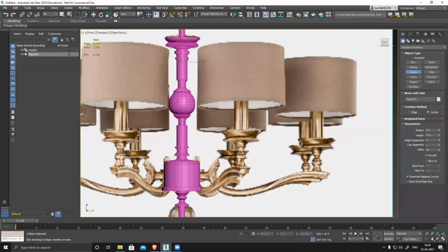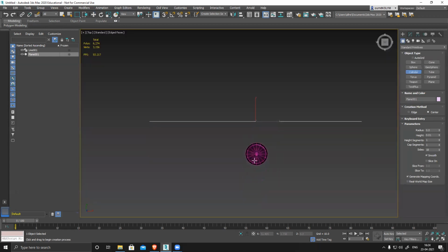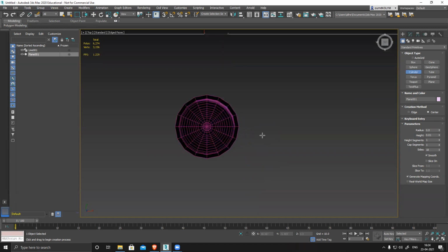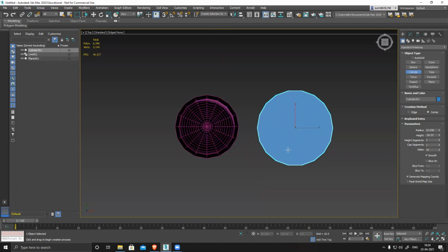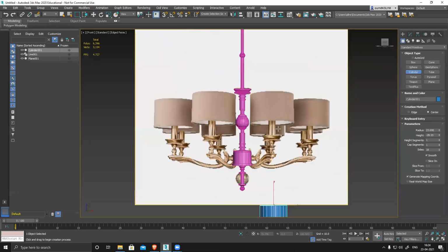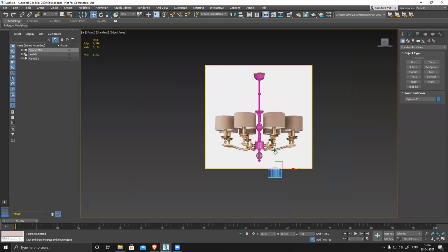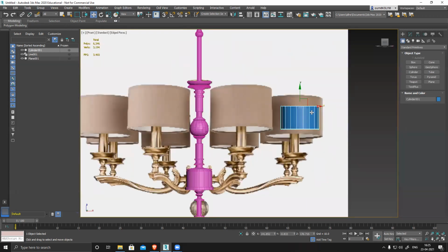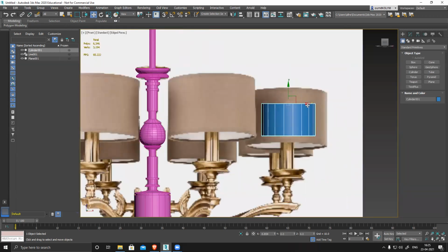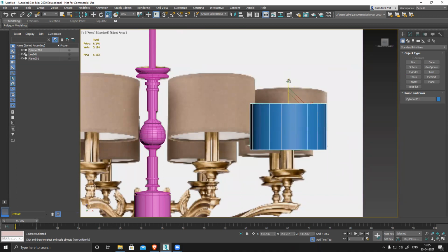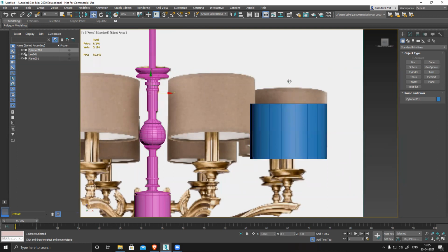I'm using both spline and poly modeling. Top view, and maybe I'll generate it, front again, and match the width and everything nicely.